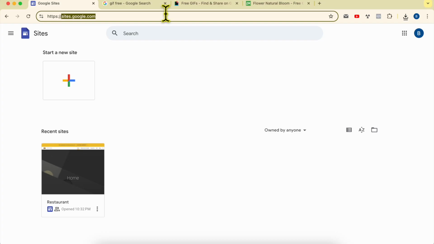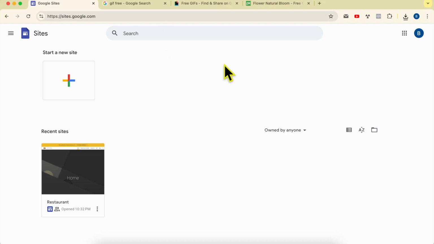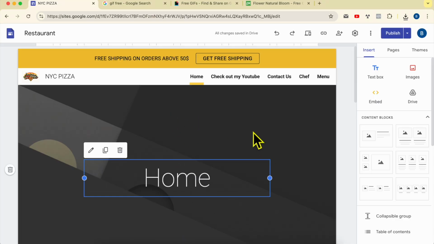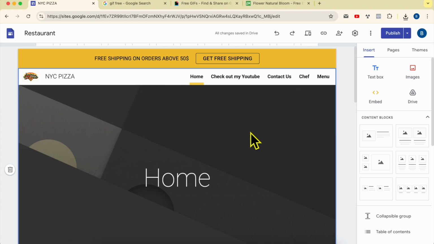First, visit sites.google.com. Then click on the website you want to add your GIF or GIF photo on. This is my website in Google Sites, and to add your GIF